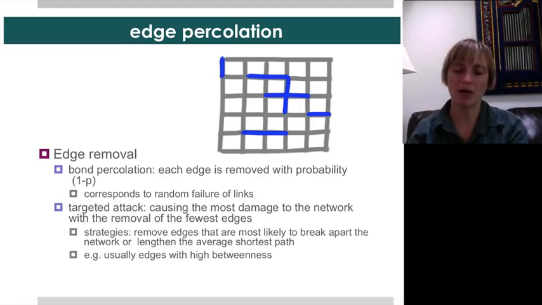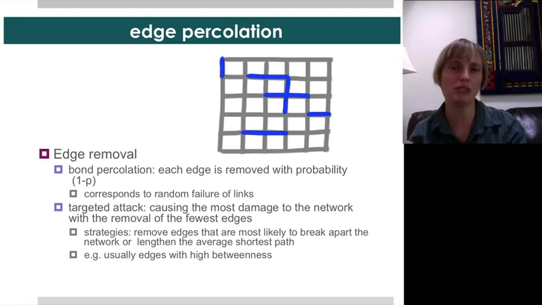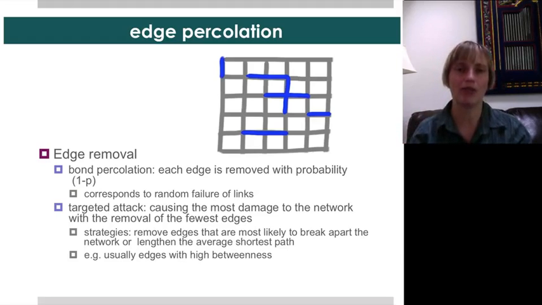And if you think about what strategies you might want to use, well, we've basically already done this when we were using the betweenness algorithm for community finding. Remember, the rationale there was that if we remove high betweenness edges, the removal of these edges is most likely to break up the network into communities because a lot of shortest paths went through them. So removing precisely those edges is going to most rapidly break up the network.